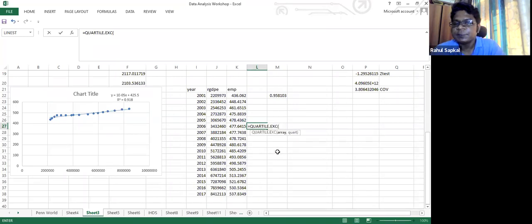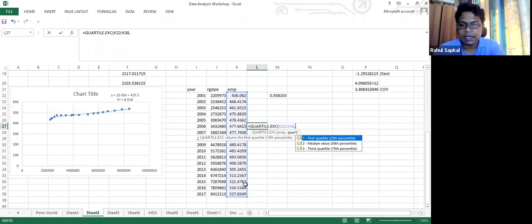Expected value. So it will show array. Array means select the row. I'm taking the employment row. Now, once you click on that, if you put the expected value, it will not give you the 0th quartile, means the first value, and it will also not give you the last one. So it will not give you the first value and the last value, means quartile from 0 to 25th. You will not get the value if the quartile is 0, and also if the quartile is 100. That's the only limitation you have. You will get only three quartiles here, like first one, median, and the third quartile. That's the only difference you will get.